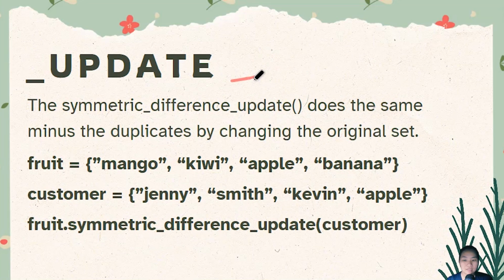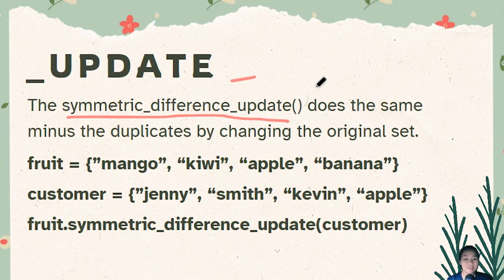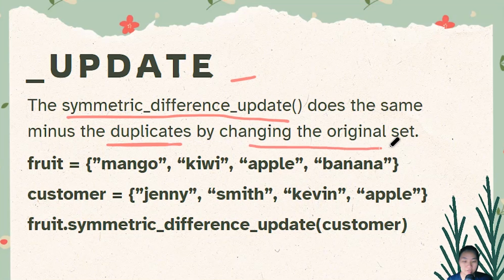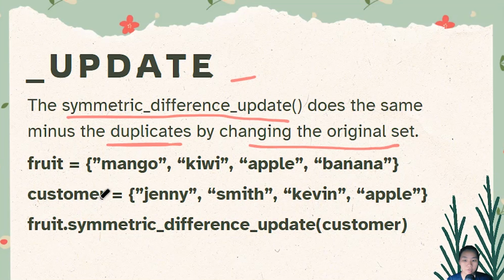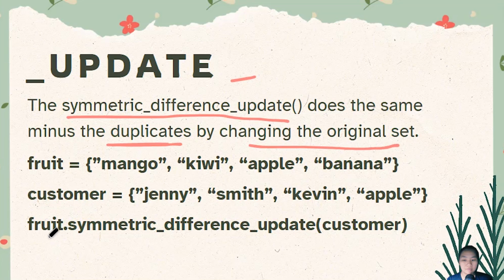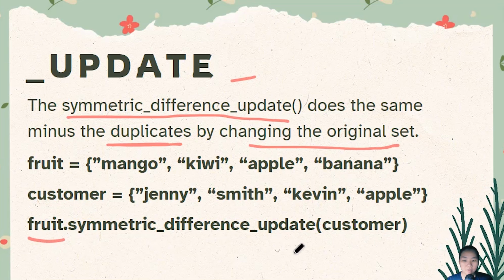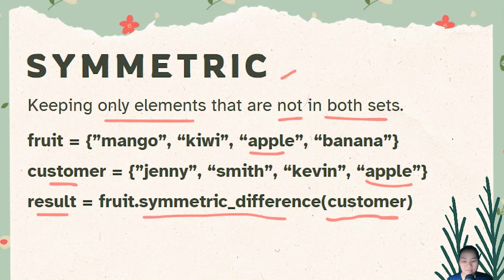Last but not least, the symmetric difference update method. It's a very long name, okay? It does the same minus the duplicates. So the keyword is duplicate, and it changes the original set. Once again, I have fruit and I have customer, and since it changes the original set, you don't need an additional variable. Just simply write fruit.symmetric difference update, passing in customer. It does the same thing as symmetric, but it does not tolerate